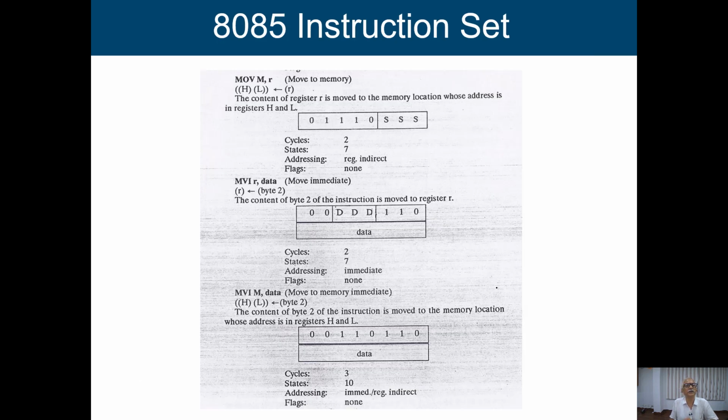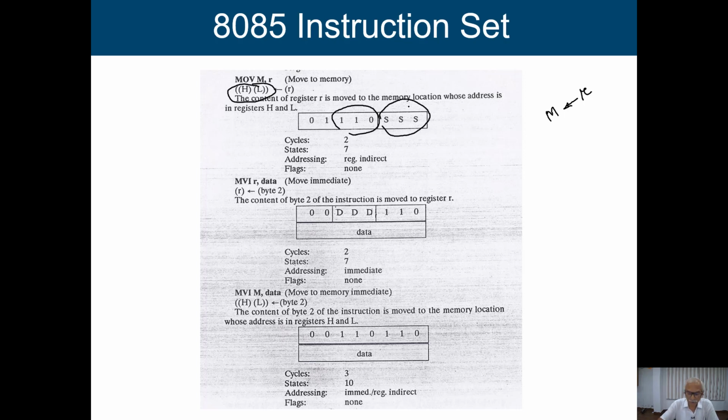The third instruction is the reverse of the second instruction. It is move M, R. That means from a particular register, it will take the contents and put them into some memory location. And where it is going to get the address of the memory location from, again it will come from this particular HL register. Okay. So, this is again a memory movement. So, in this particular case, for the source, this is register direct, and for memory, again it is memory direct.